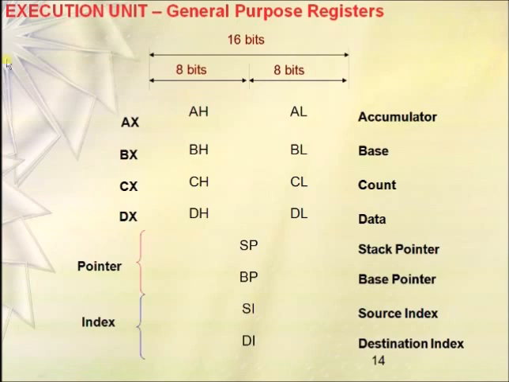Okay, this register is mainly used in input-output transactions. Now coming to the BX, it is called the base register, which is used for holding temporary information. It can also be used for holding some offset address in case of some addressing modes. So for now just keep it in mind that BX is used for holding information along with the offset address.